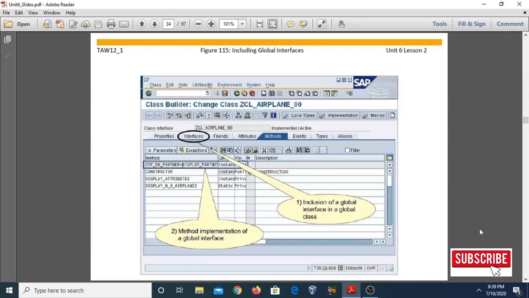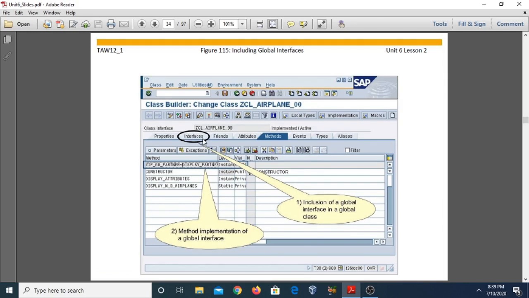Now generally interfaces are not implemented directly, so we can implement the interfaces using some classes. Firstly we need to define the class here, and after defining the class you can implement the interface methods. Open the class ZCL underscore airplane, and then press the interfaces.